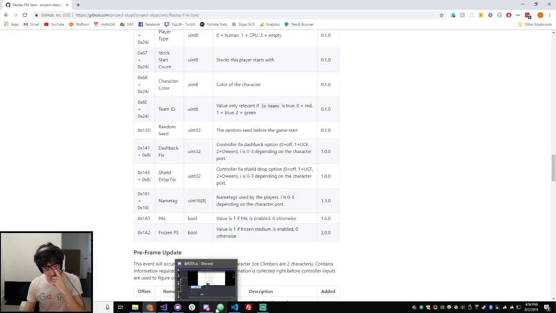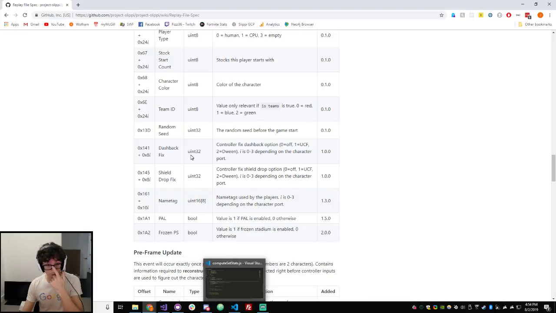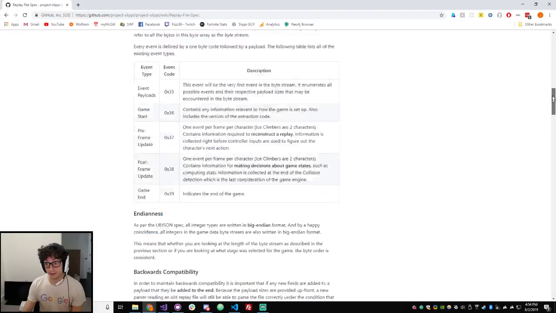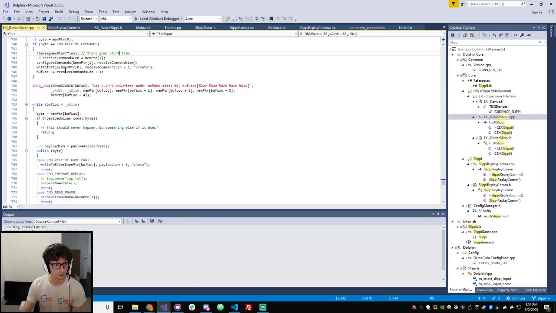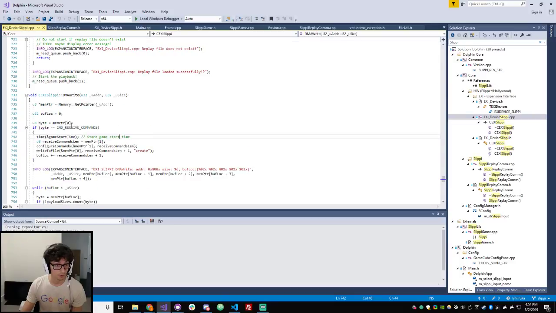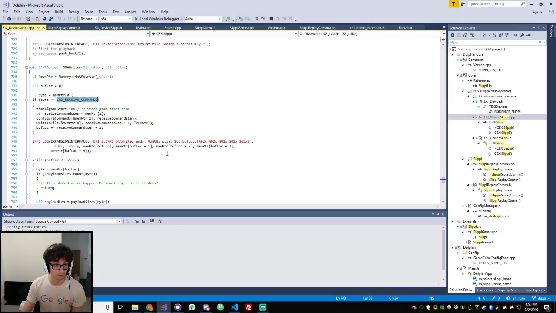From the Dolphin side, it's really simple for all of the SLP file stuff, because all it does is, you'll see it here. We get 1 byte if it's command receive commands, which I think is